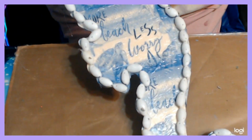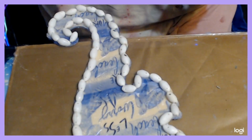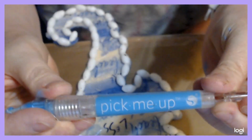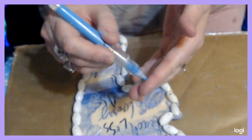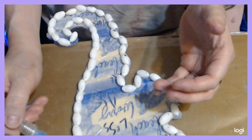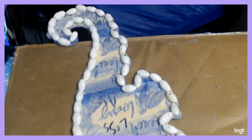Now we need to put some finishing touches on it. We'll do that real directly. Oh, if anybody was wanting to know, this is a pick-me-up tool. I got this at Michael's for like $9.99, and it helps with picking up real fine objects like sequins, rhinestones, pearls, little small beads and stuff. When you're putting it on stuff, you pick it up, and it's got like little tacky stuff at the end, and you put it on your projects. I picked that up at Michael's a while ago. Let me go get